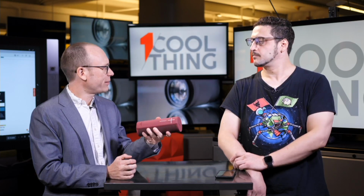Now, how well does it play with others? Define play with others. Like, if you have two of these, can they be a stereo pair? If you have 12 of them, can you surround yourself? I'm not sure about the surrounding yourself, but that is a feature that they did add with the Mega Boom 3 and Boom 3, which is the Bluetooth-only one. The app for the Boom lets you have a stereo pair or just a whole bunch, sort of like a party mode. I believe you can actually have stereo pairs for this,